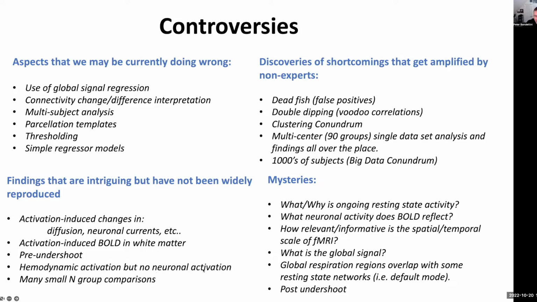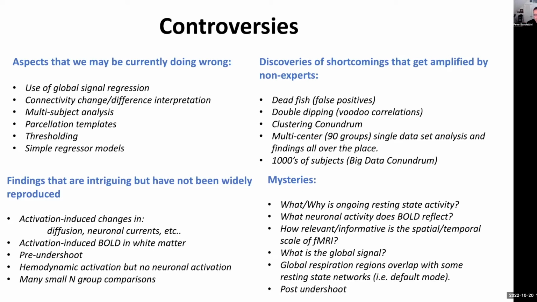I believe, and I think the consensus has since then been, that there actually probably was neural activation. They just weren't sensitive enough to see it. And this one is truly hard to believe if it's true. And of course, related to the Merrick paper, there's a lot of small N group comparisons that are just not replicable. And this has formed what's called sort of a replicability crisis in the field that I believe Russ Poldrack and others are trying to head off and deal with a little bit more with larger data sets, more open